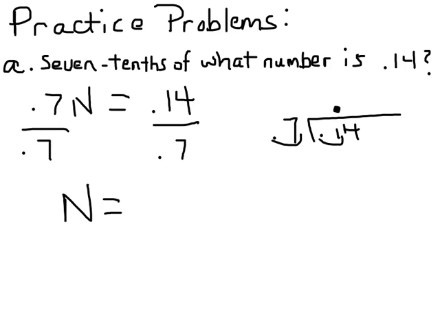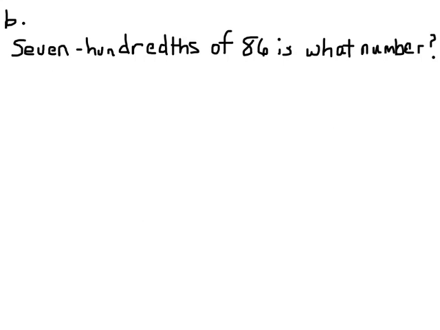And 7 will go into 14 two times, so n is 2/10. 7/100, so that would be 0.07